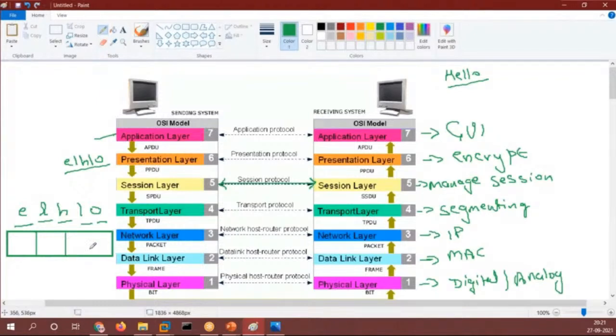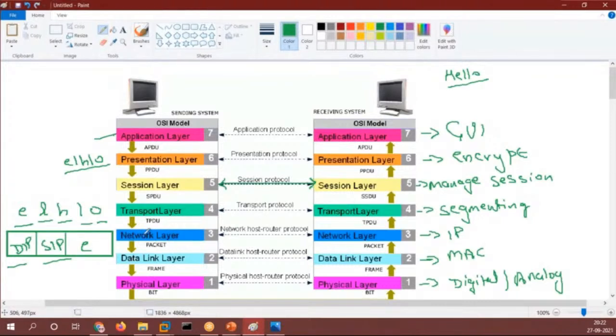So the IP addresses will be added like this. This is our data E, the first segment, right? Then we have the destination IP and source IP added, right? So destination IP and source IP will be added for telling where the data will go and where to send the data, right?